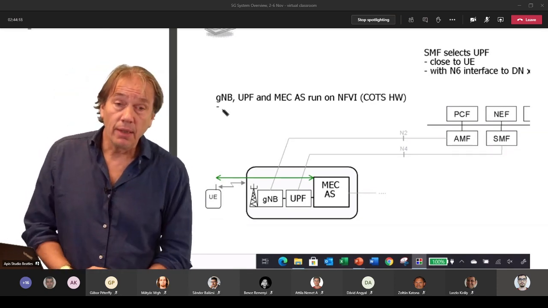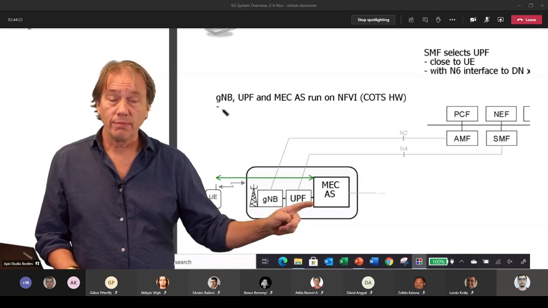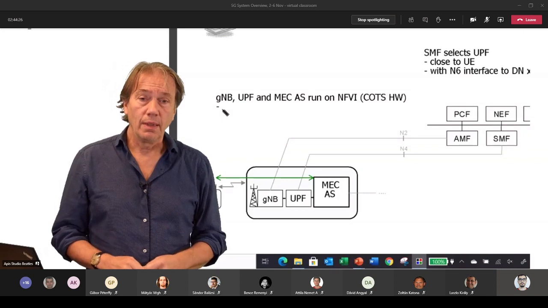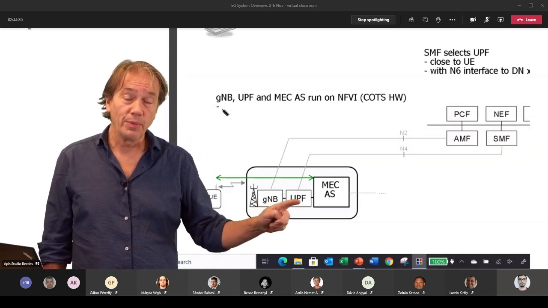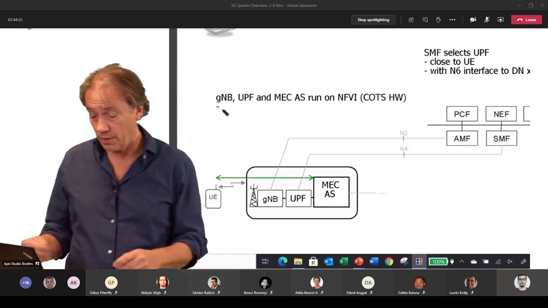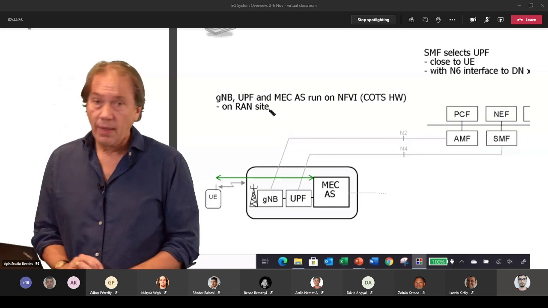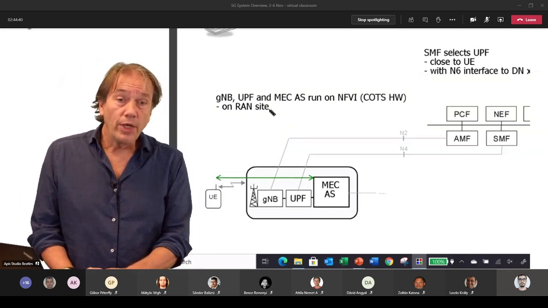It can be on the RAN site, like I have kind of indicated here. So the gNodeB is more or less co-located with the UPF and the application server. That's one way to do it,